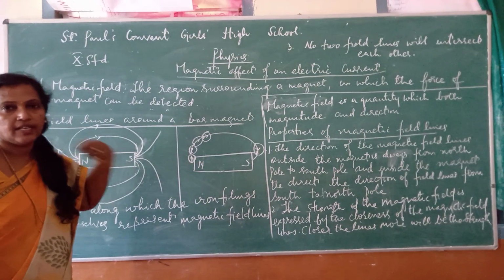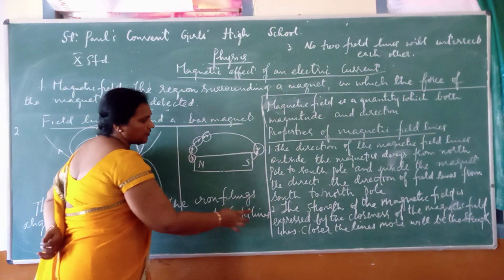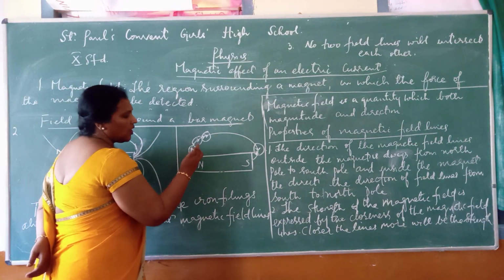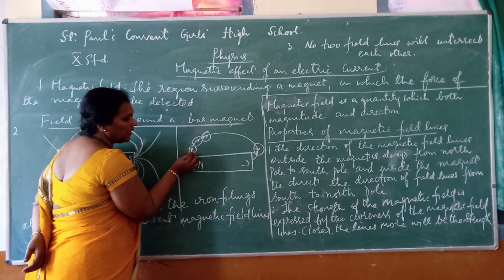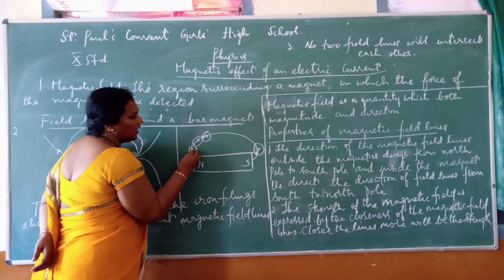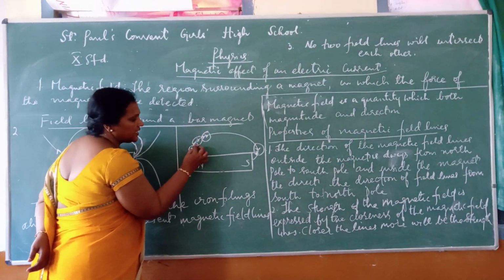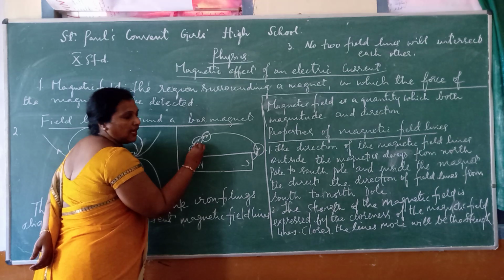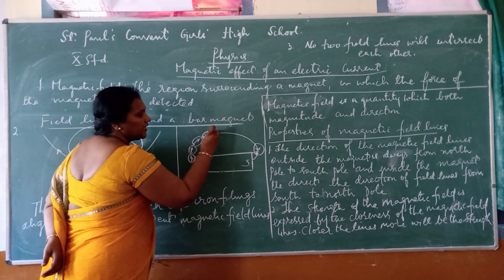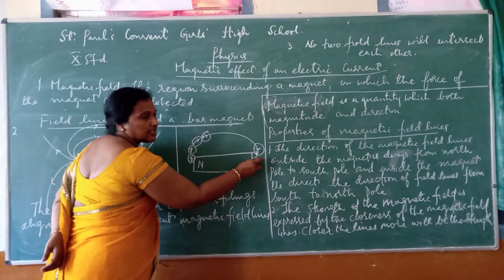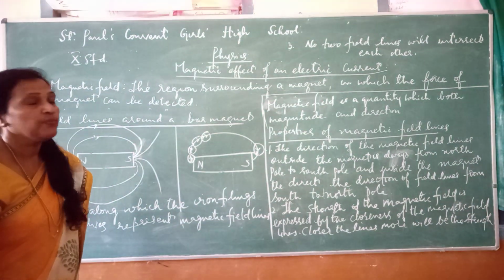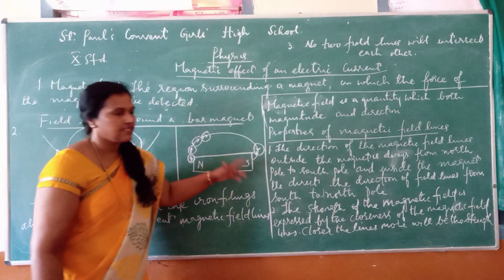Same way I have drawn here and I have shown. You have to take a sheet of paper, keep the bar magnet, and take the compass needle, keep the compass needle at one end of the bar magnet. The north pole will be pointing towards one end and mark that point. Again I will remove it. I will keep the compass needle such that this point and this end of the magnetic needle will coincide. Then again I will shift. In this way I will come to this end. So like this I will get the magnetic field lines. These are the two methods in which you can trace the magnetic field lines.